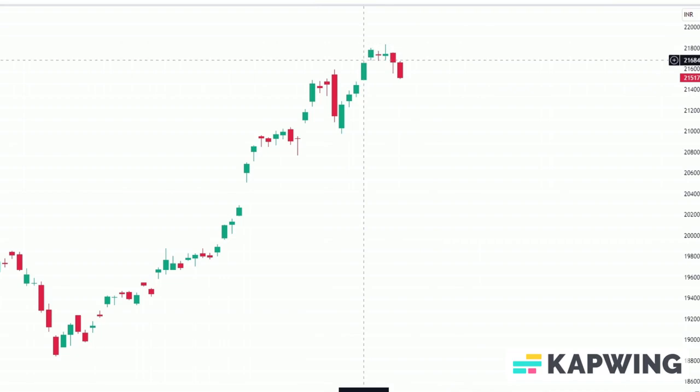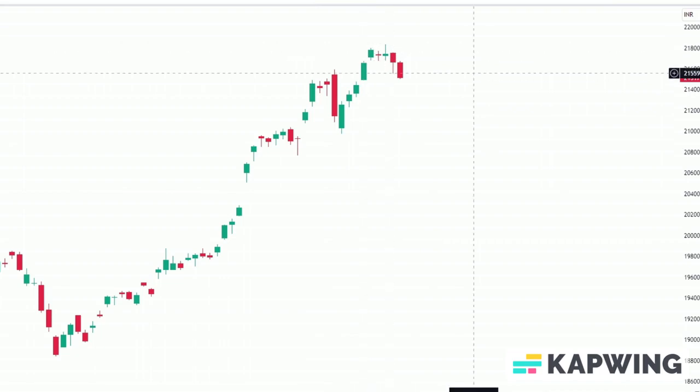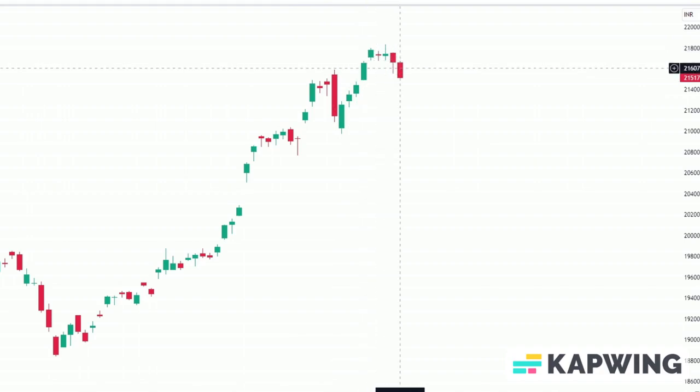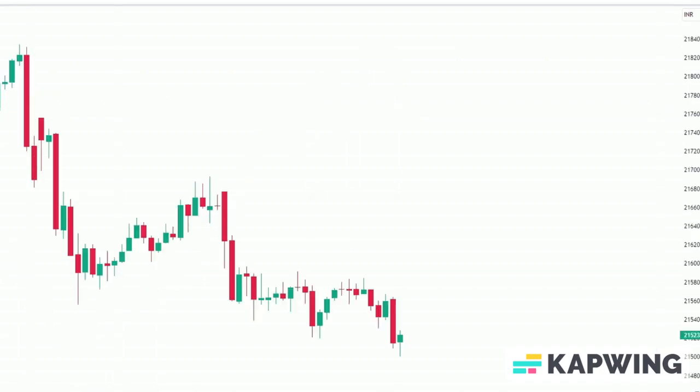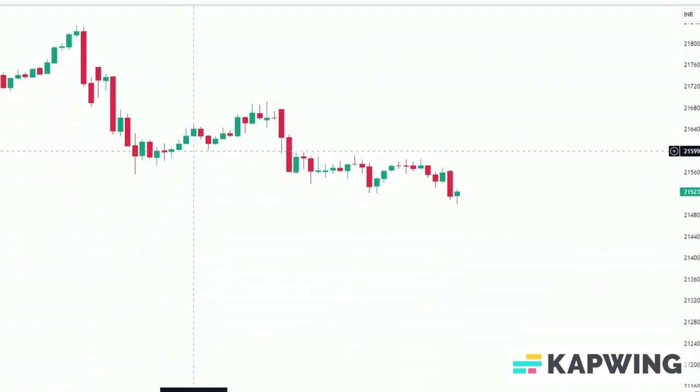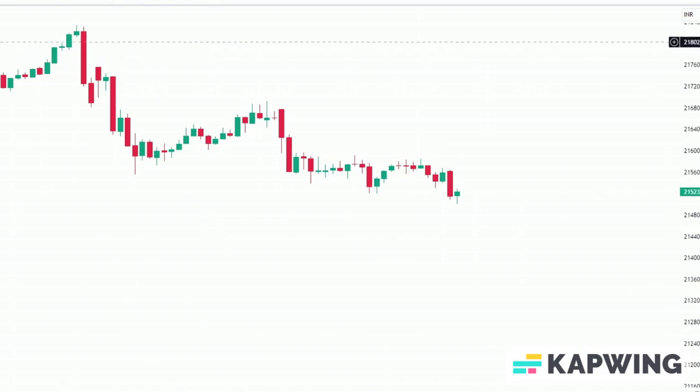As we can see, the market has put in some dojis and a couple of sell candles. So let's try and figure out what our options are today. Going to the 15-minute chart, you can see that the market is moving in a nice downtrend, making lower highs and lower lows. So we're not going to